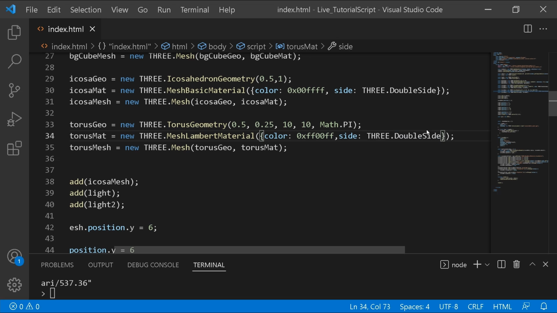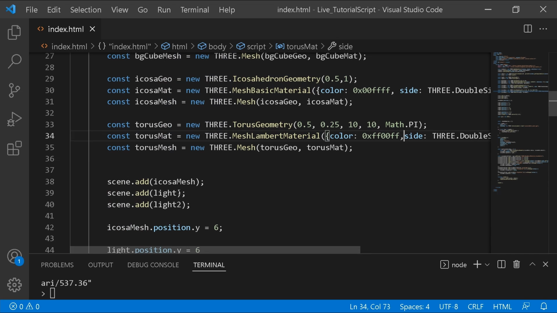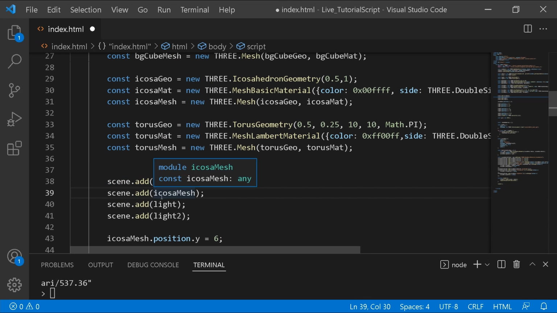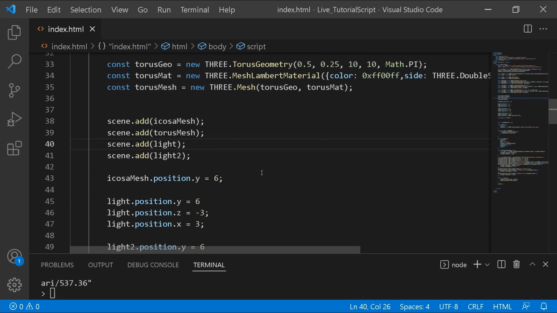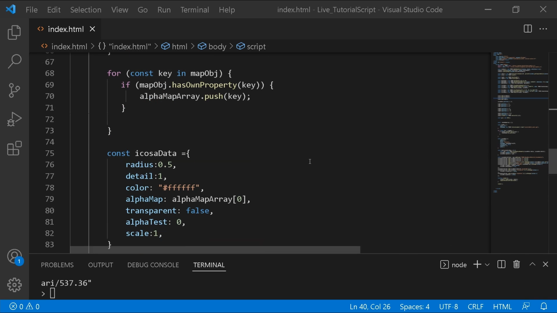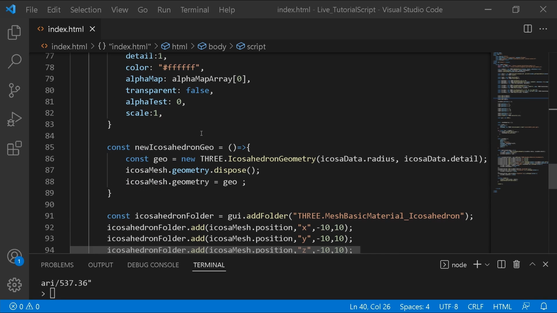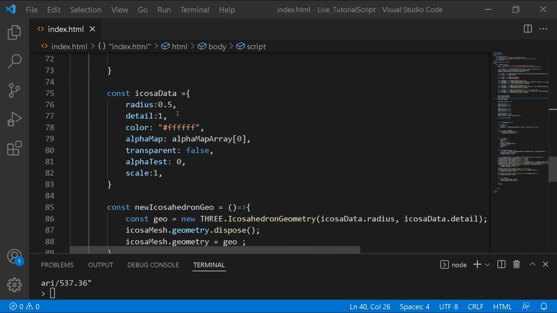We want it to be double-sided. So the next thing we will do is add our mesh to the scene. We'll say torus. Okay, so I just added that to our scene. And next up, similar to what we did here, we're going to create a torus